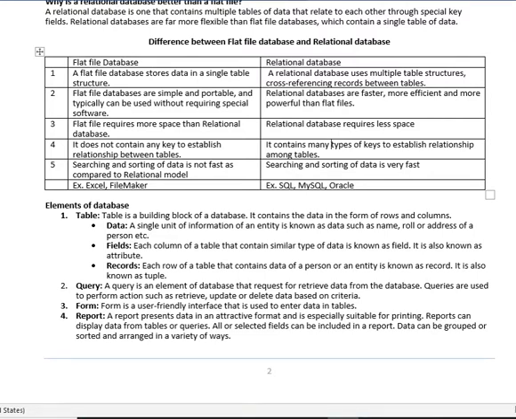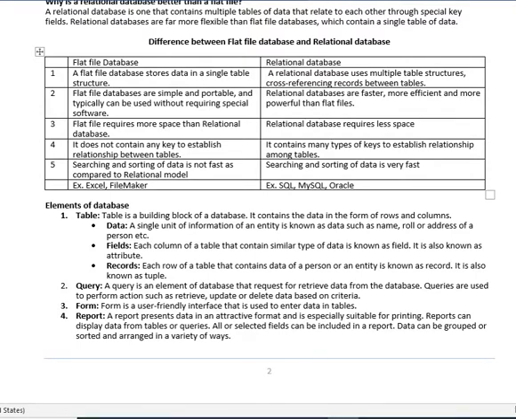Flat file requires more space than a relational database. A flat file does not contain any key to establish a relationship between tables, while a relational database contains many types of keys to establish relationships among tables.